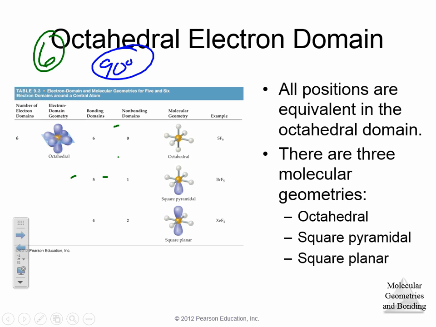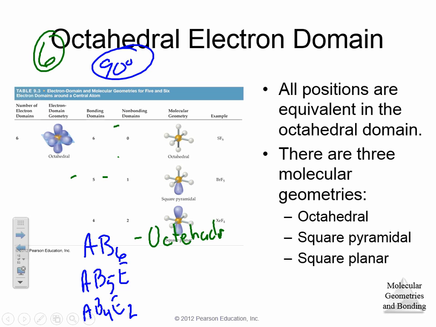So the 6th domain is all 90 degrees. And you have 3 possibilities. You have AB6, AB5E, and then you have AB4E2. Those are your three possibilities for 6 domains, and if we go through and name them,